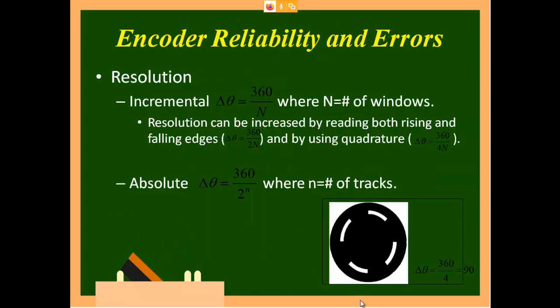Then encoder resolution is the total 360 divided by the number of slots, you get a value for a particular degree. This is what I have told. So between one slot to another slot, see here I have drawn four openings. So if it is moving from this to this, then you have moved 90 degrees. So 360 divided by 4, your value is 90 degrees. This disk is usually connected to the outside person who is in rotation. So if that outside person rotates, then this disk will rotate. When this disk rotates, I will identify the degree of rotation. So that is what we call resolution.